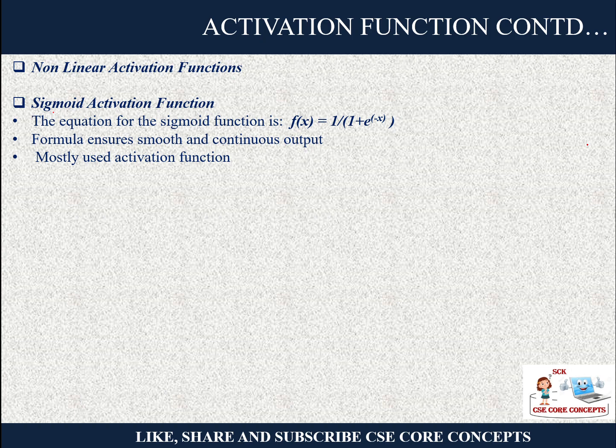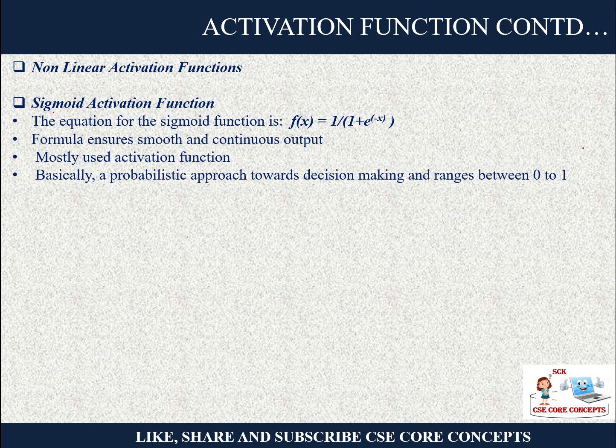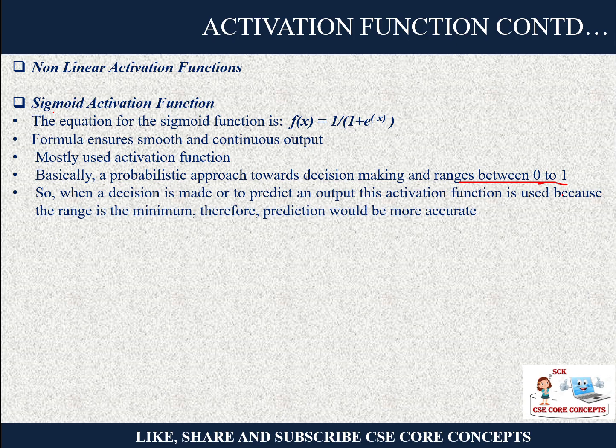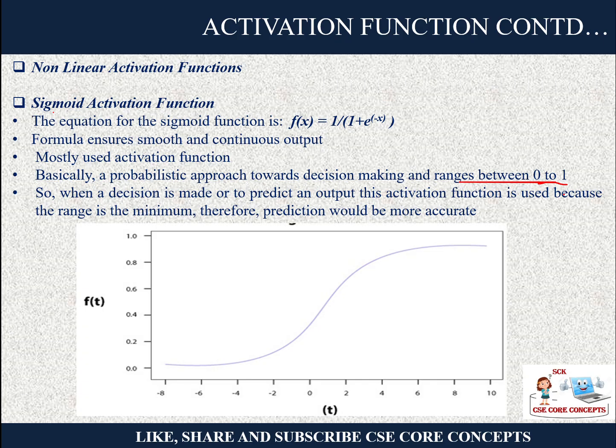So when you have output in the classification form, that same thing we are doing here using the sigmoid activation function. It is the most widely used activation function, and basically we have seen that it is a probabilistic approach. The range will be between 0 and 1, and if you remember, we have also done the practicals: we find a threshold, and if the value is less than 0.5, then the class is 0. If the value is greater than 0.5, then the class will become 1. So the predictions will be very accurate. This is how a sigmoid curve looks like.